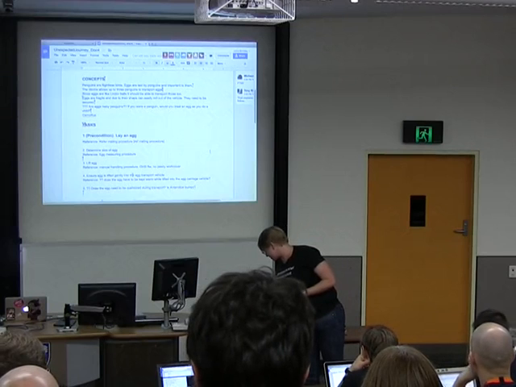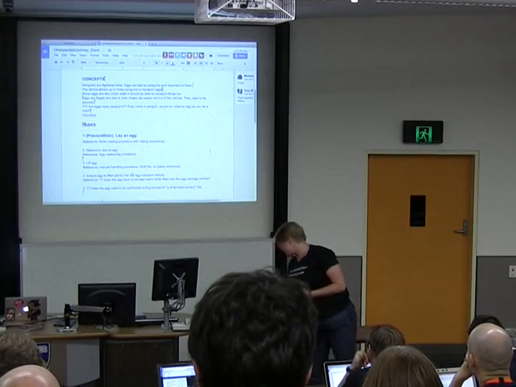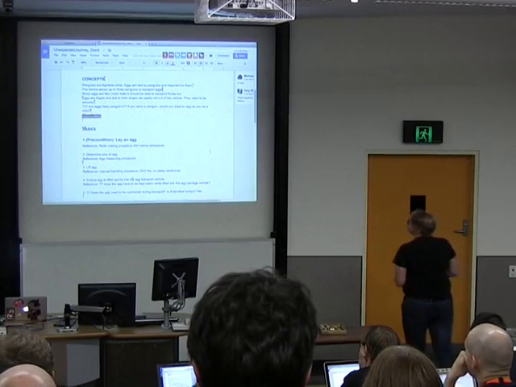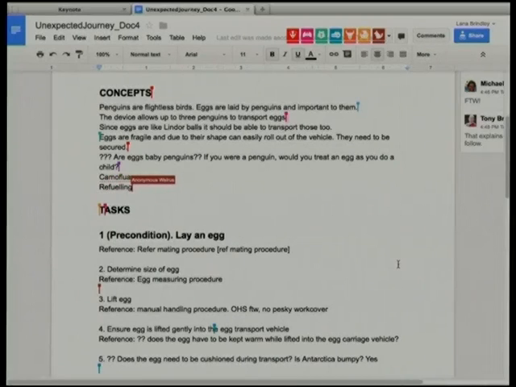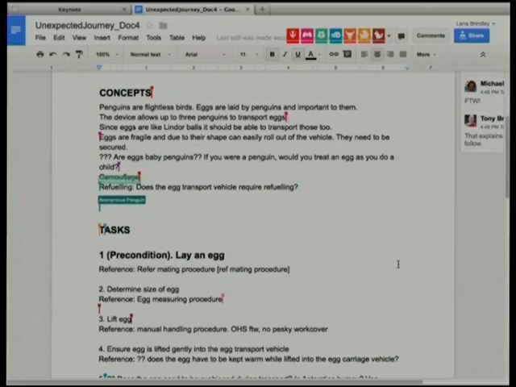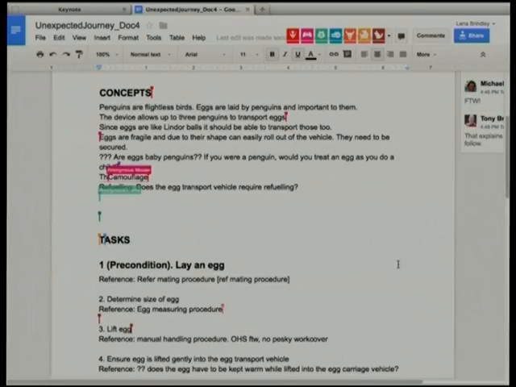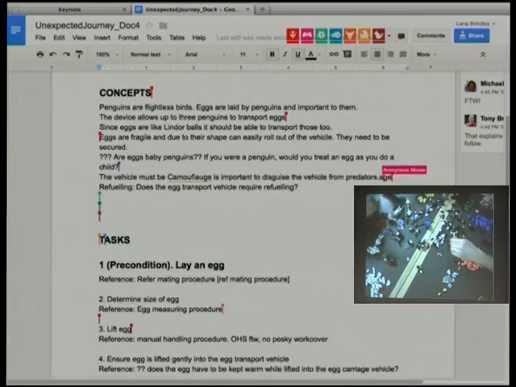My tablet keeps dying, so I can't see the time. Okay, so we're about halfway through our first sprint. So definitely keep on coming up with these concepts and come back to your design spec. So remember we had things about camouflage, we had things about warmth, we had the all-terrain tyres, we had things about being protected from predators. So make sure you put some stuff like that in there. Yes, eggs are fragile. That's good. That's really good background information. That's something that the user absolutely needs to know before they get in there. Admittedly, they might know it themselves, but for the sake of the argument.